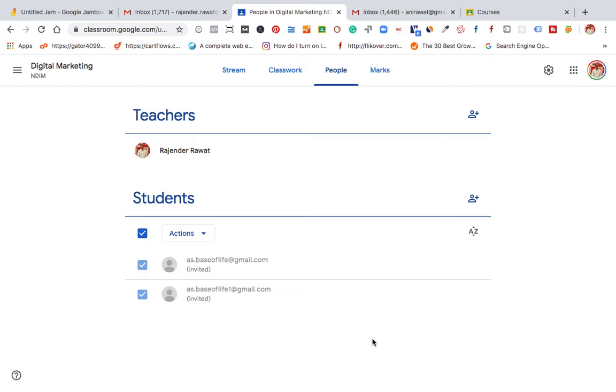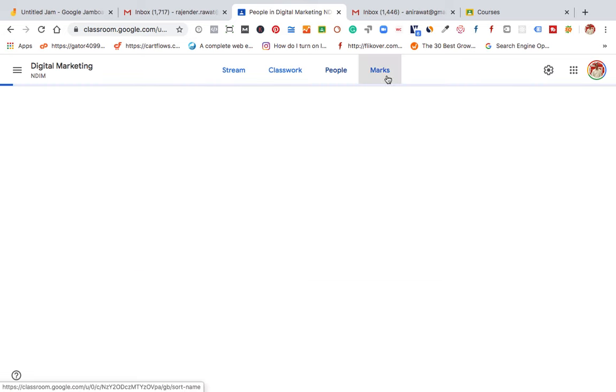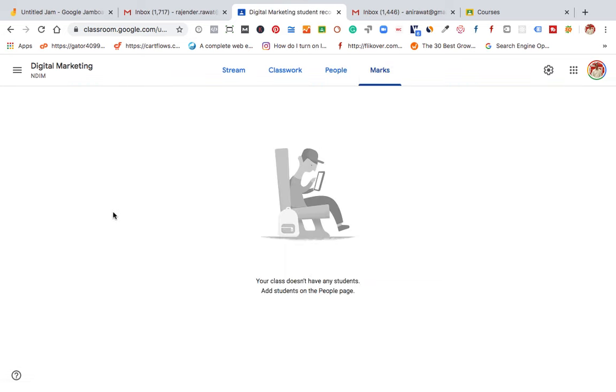So they can utilize the same classroom, because the subject is the same and the students are the same, but only the faculty has been changing. So instead of creating a separate classroom, you can have the assignment in here. Now if you look at the marks section, if there are a few students that you are assigning these things to, whatever marks you allocate will be in front of you.